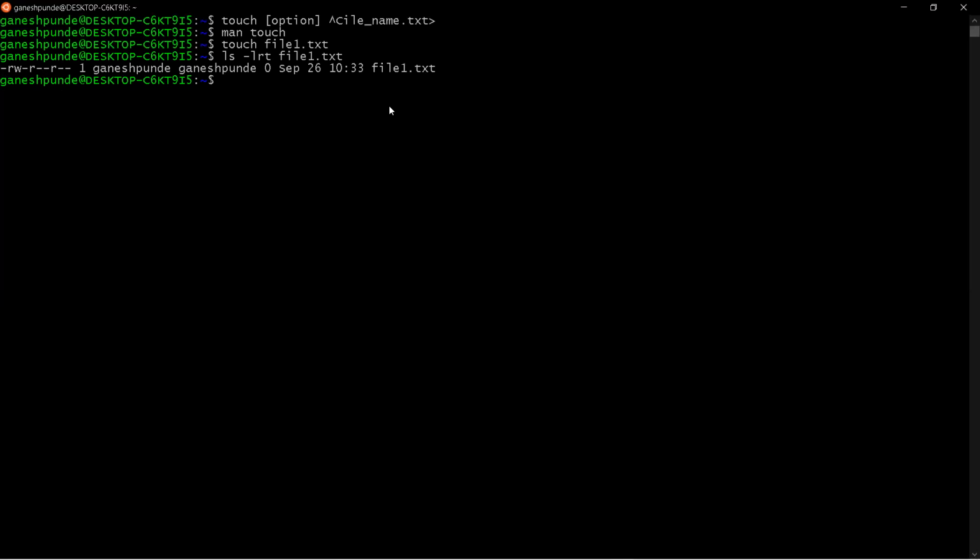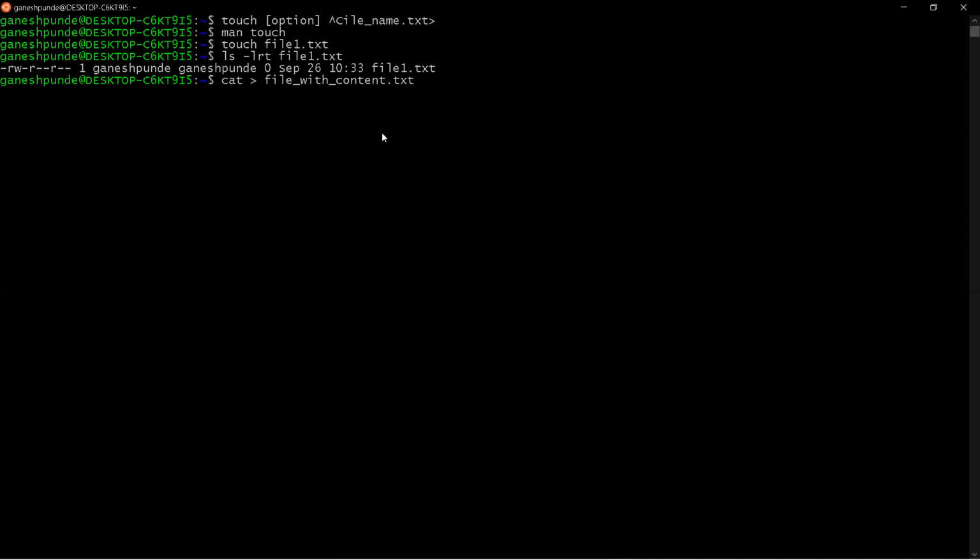Now we will see how to create the file using a cat command. Basically the cat command is used in various ways, but now we are talking about creating files. So let's create the file by using the cat command. In order to create a file, what you need to do? cat, greater than symbol, then say file_with_content.txt.